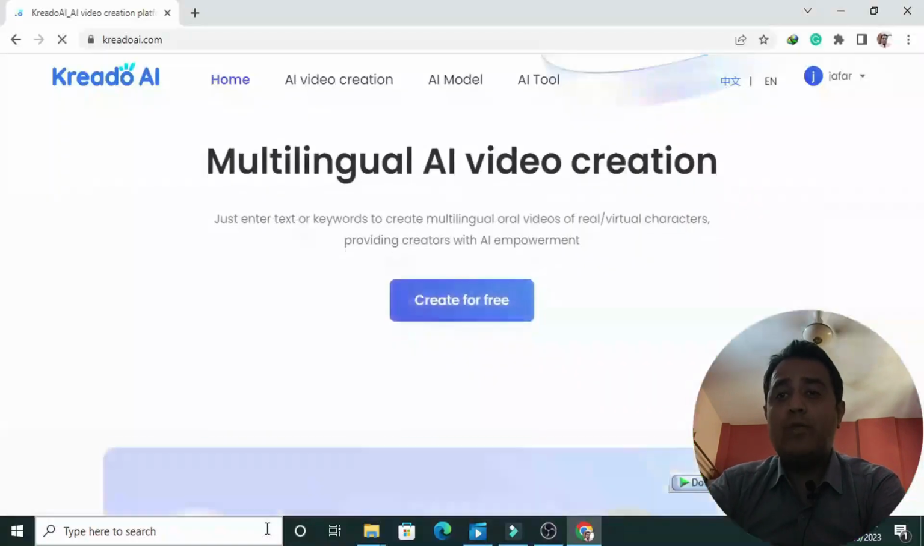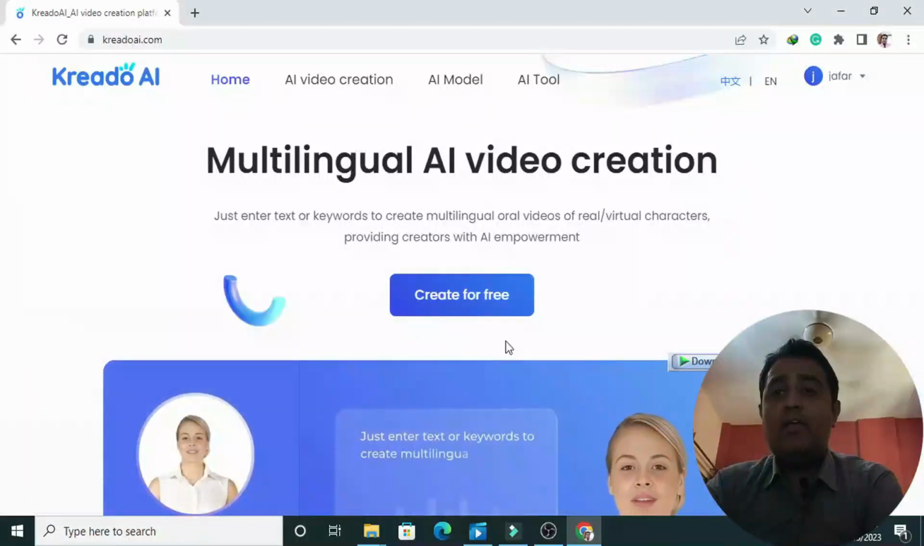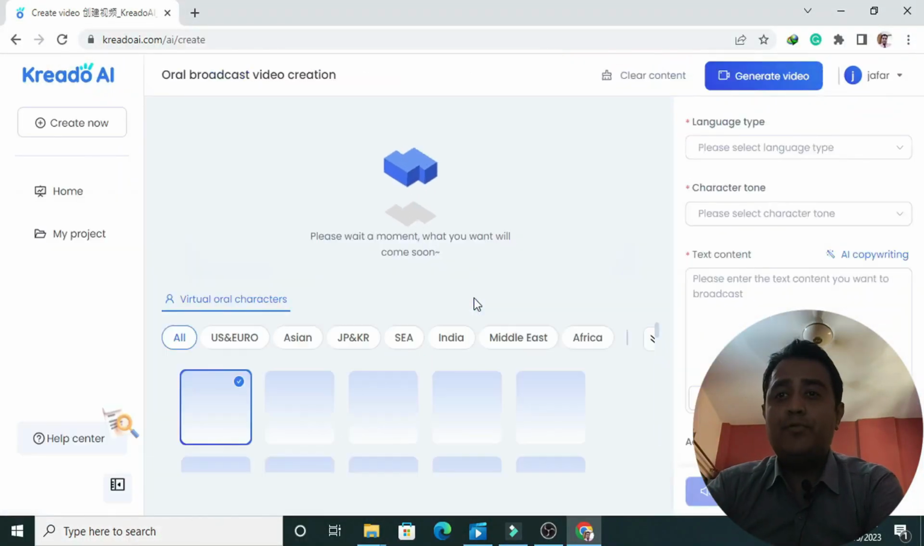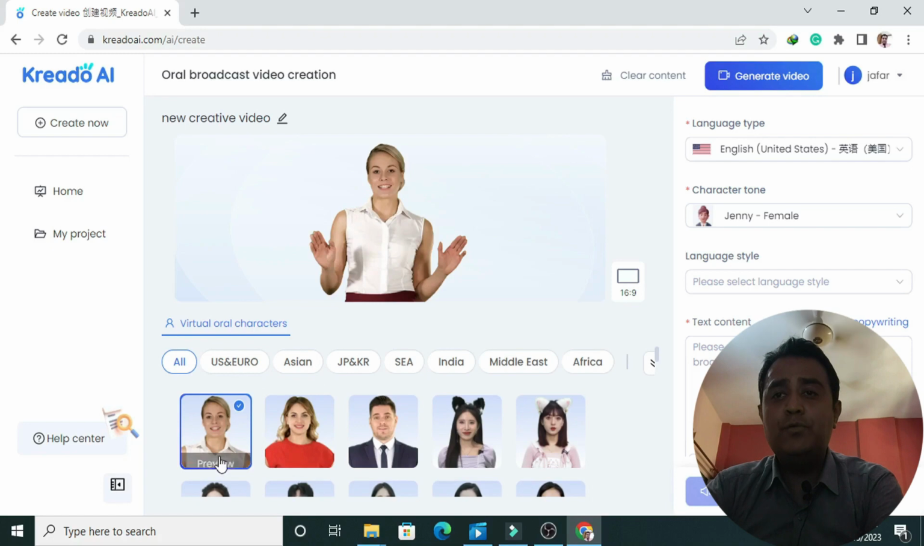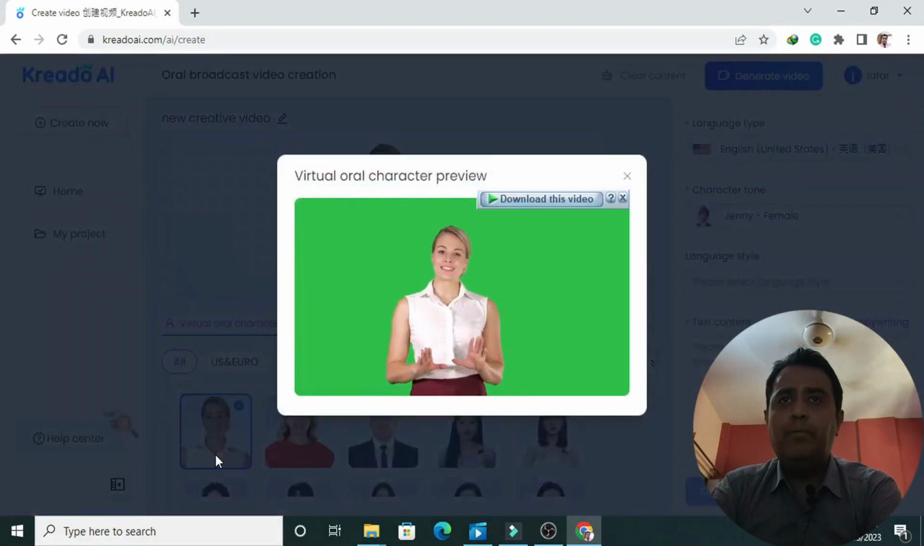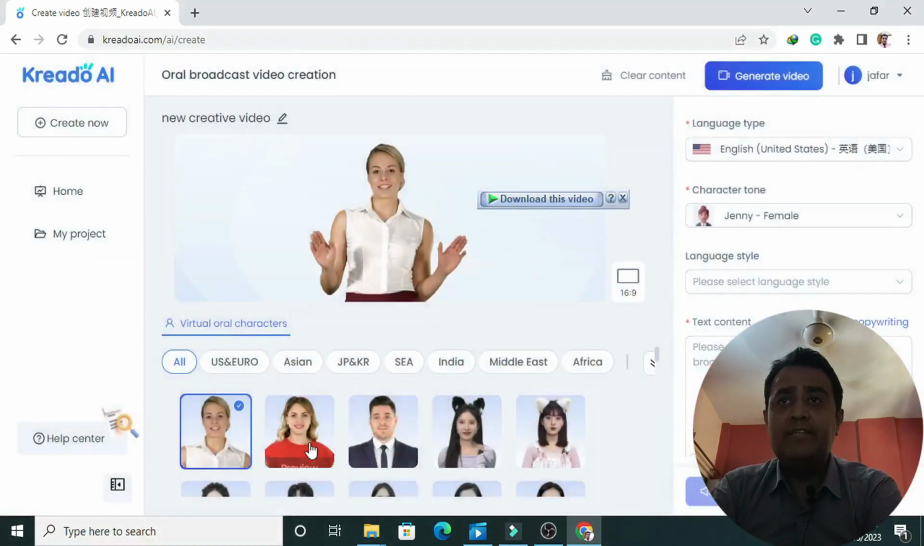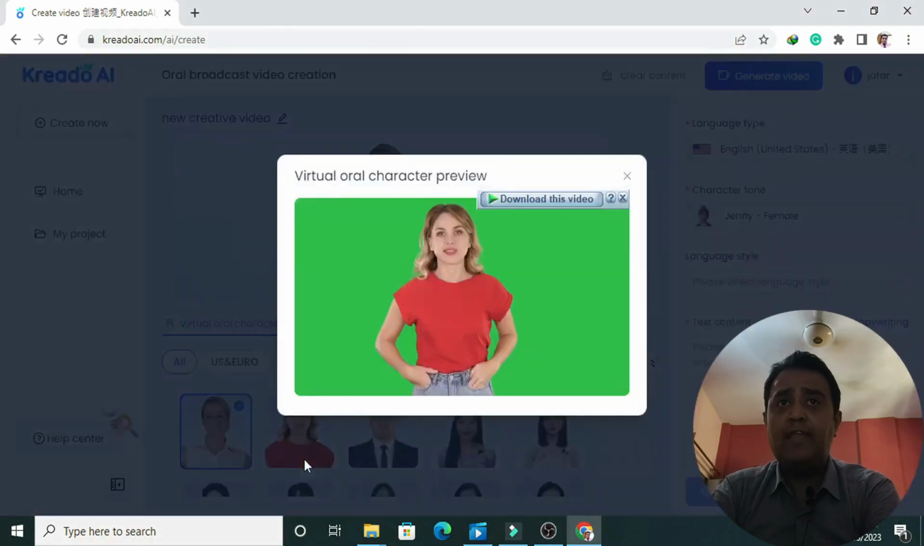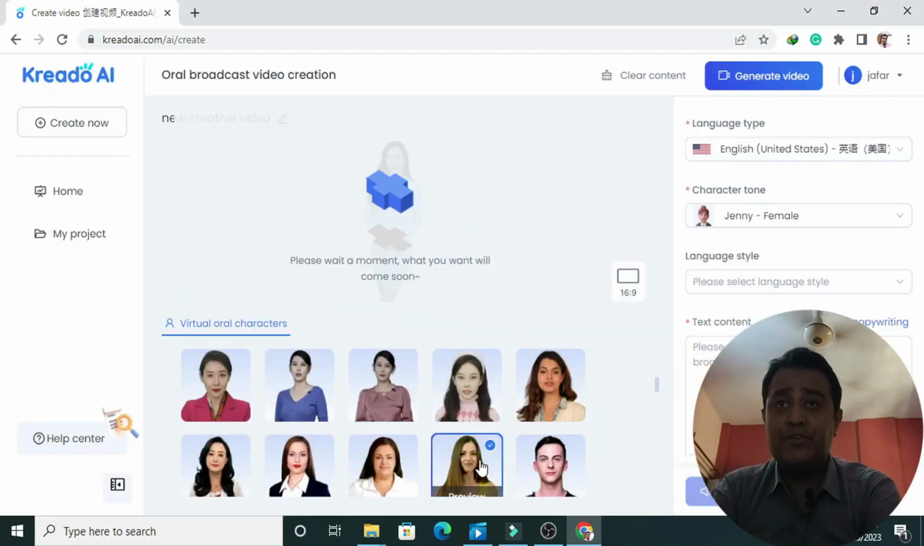After we have created the high resolution images from BlueWillow, it's time to add life to it. So I'm going to use an AI avatar as a presenter, and for that purpose I'm going to use Kreado.ai.com. Kreado.ai is a video generation tool that produces multilingual oral videos using AI. With its simple interface, users can effortlessly create high-resolution videos in a fraction of the time compared to traditional video